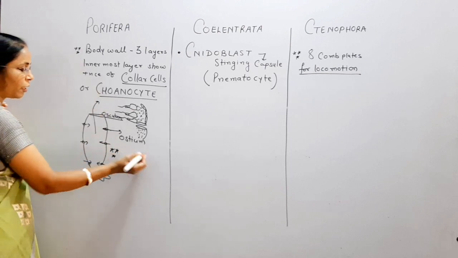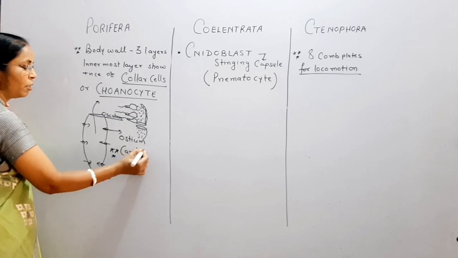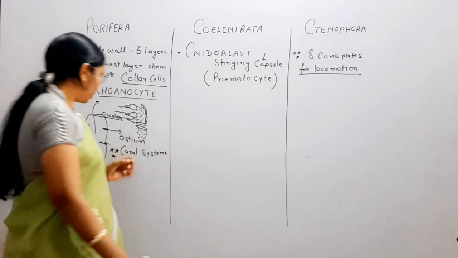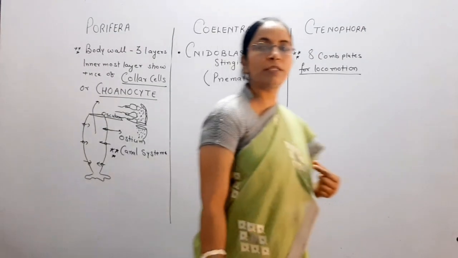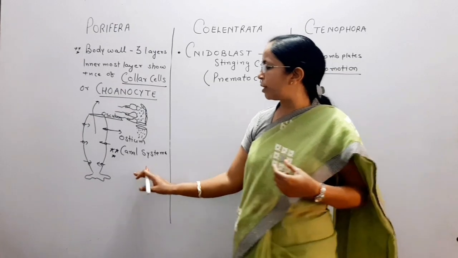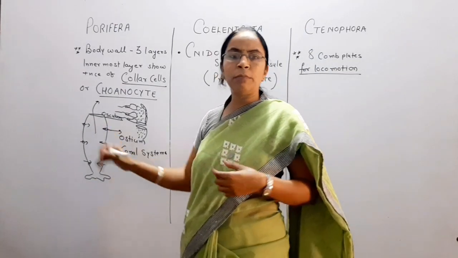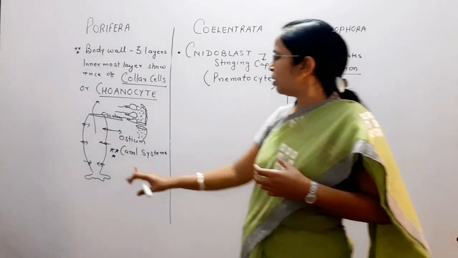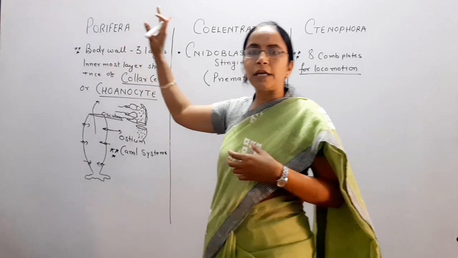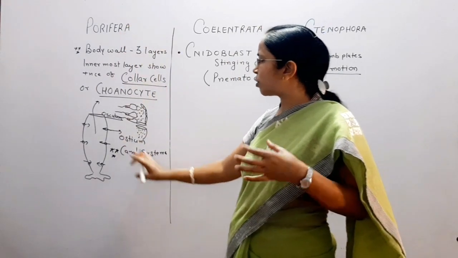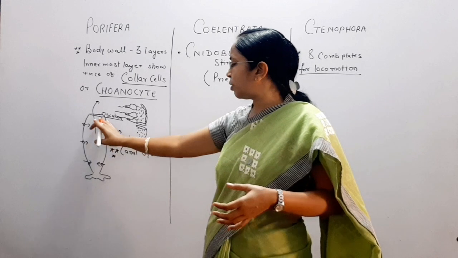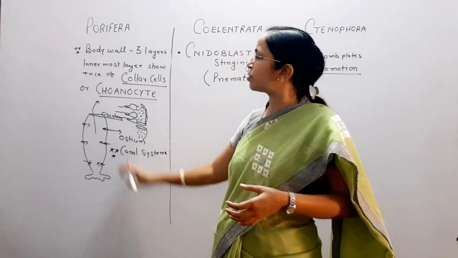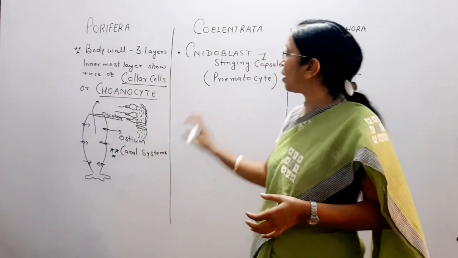One other important thing is that the canal system is present here. Three different types of canal systems are present in porifera. The canal system is formed by the ostia, osculum, radial canals and so on, that we studied separately in one class where we studied porifera in detail. For revision purposes, you remember the ostium and osculum combine to form one canal system. So the water canal system is another characteristic feature of the porifera.